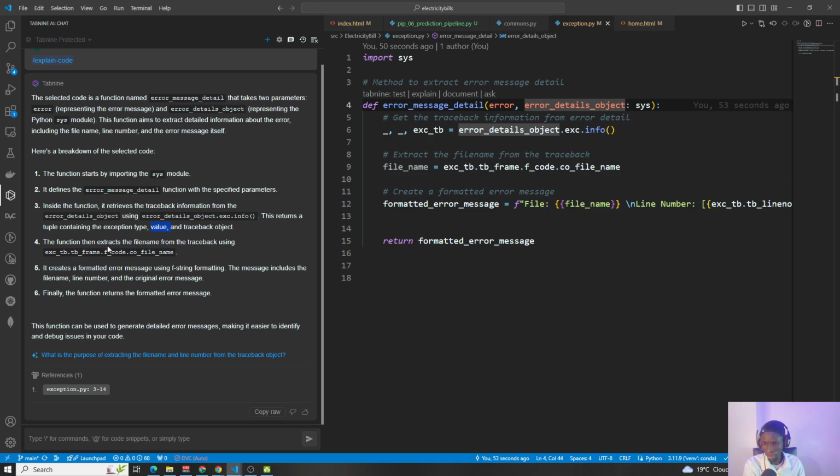Then after this, the function extracts the file name. As you can see, we have also included that in our error message. So the file name from the traceback using this, okay, that we have defined. Then it creates a formatted error message using F-string formatting. You can see the message includes the file name, the line number, and the original error message. So the file name, we are able to go to the exact file and see